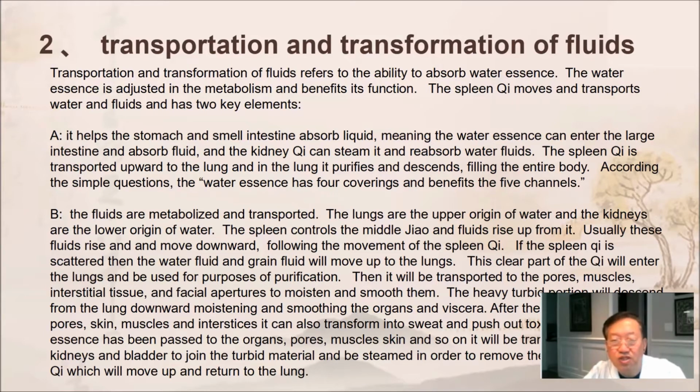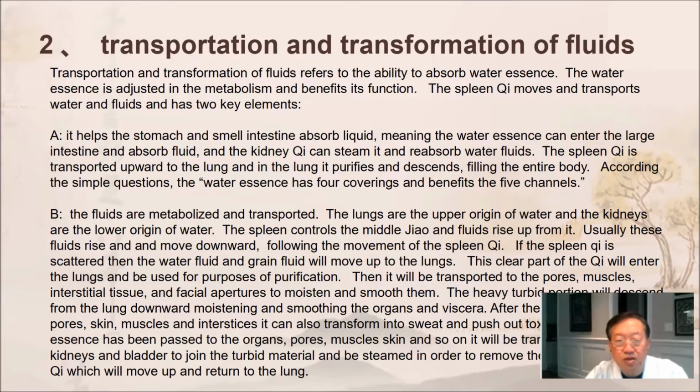This clear part of the qi will enter the lungs and be used for purposes of purification. Then it will be transported to the pores, muscles, interstitial tissue, and facial apertures to moisten and smooth them. The heavy turbid portion will descend from the lung downward, moistening and smoothing the organs and viscera. After the qi is passed to the pores, skin, muscles, and interstices, it can also transform into sweat and push